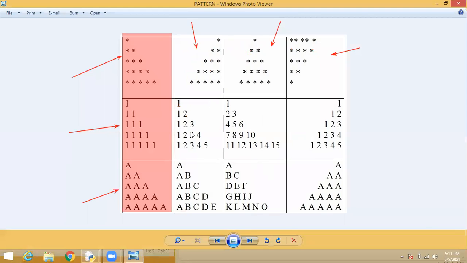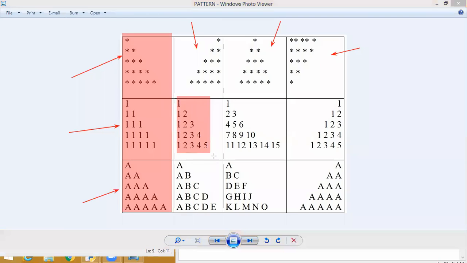Remaining things you have to think. So how to solve? See this second one, this one, and this one. How to solve these? That I will tell you today. Remaining questions, students, kindly everyone try to execute, try to solve. Everyone can use any idea, but definitely you should print this output exactly.